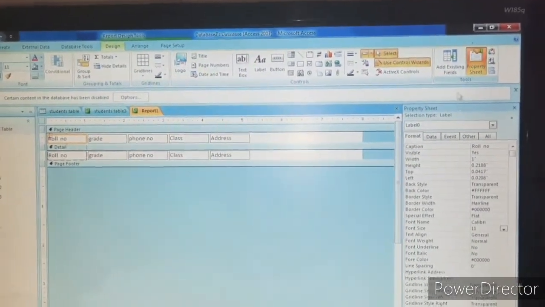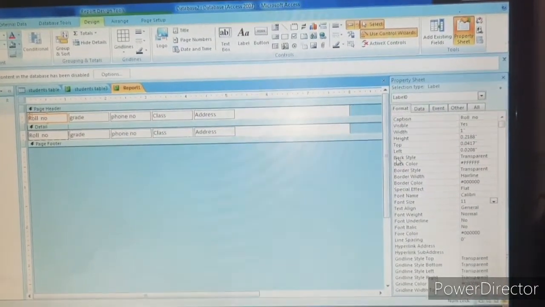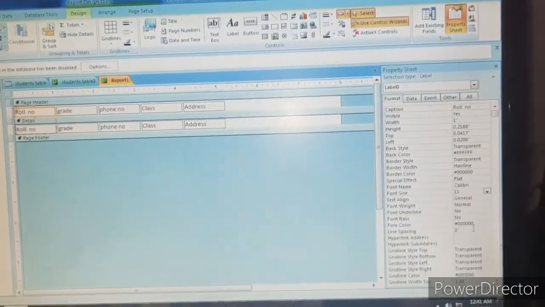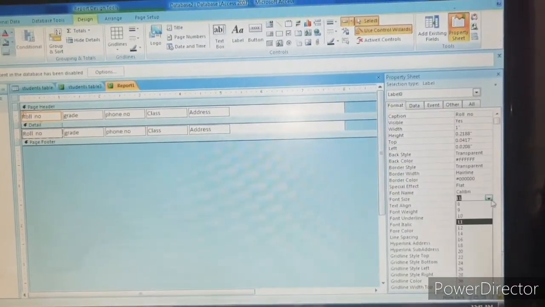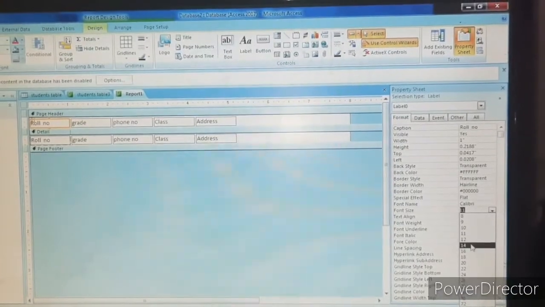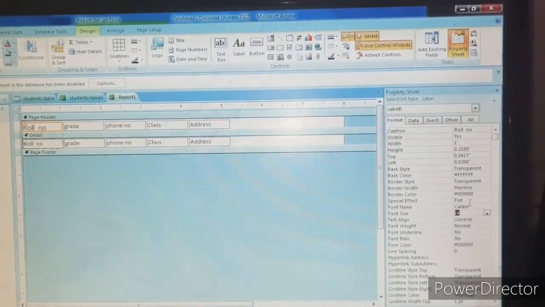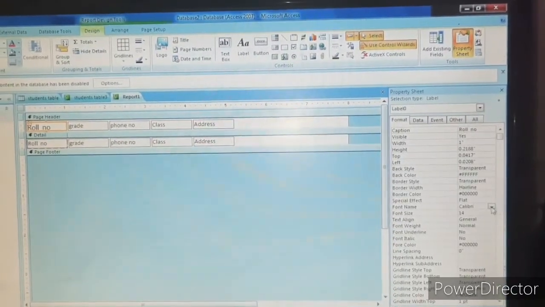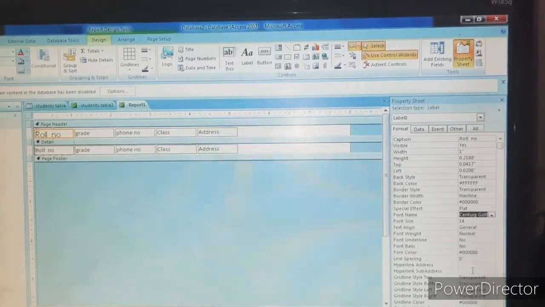If you click on the property sheet, in the Format tab you will get font colors, font size, font name and all. Font size is there. If you want to change it, click on that font size. There you can select the font change. If you want to change the font name, just click on it and select the font.